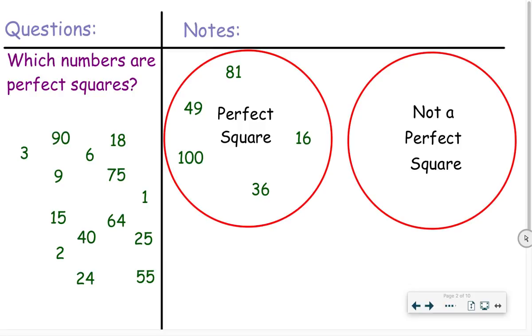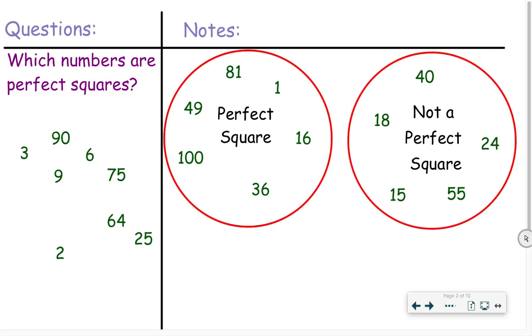Now, not a perfect square, 18. There's no number times itself that would make 18. 15, 24, 40, 55. One good one to bring over to perfect squares is actually 1, because sometimes people get that one mixed